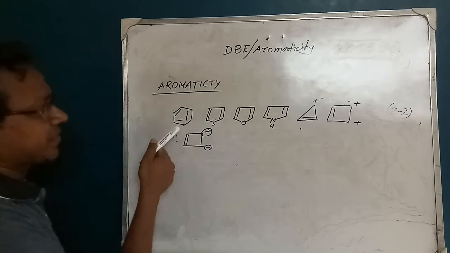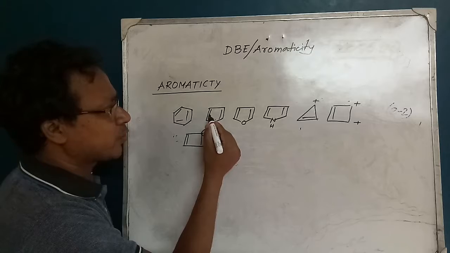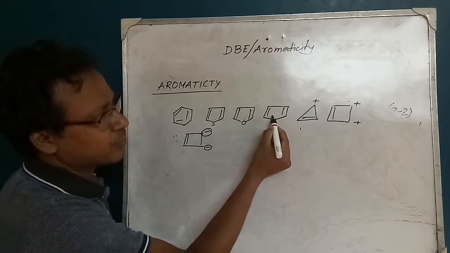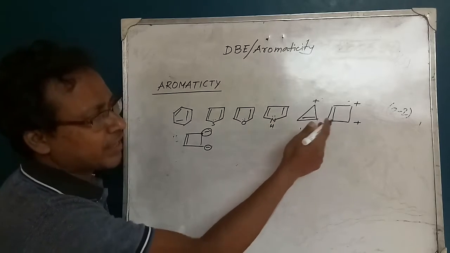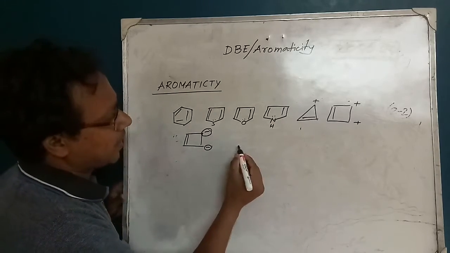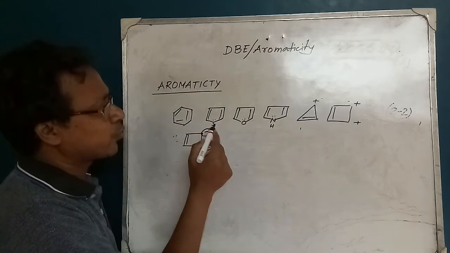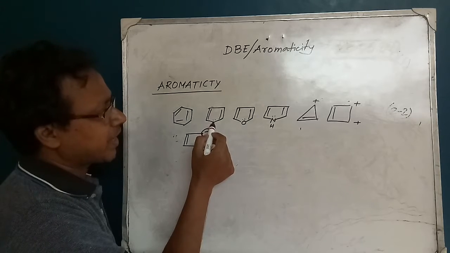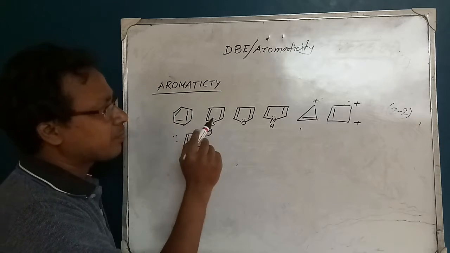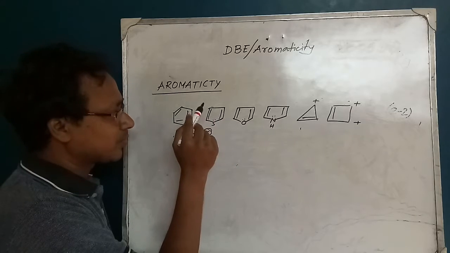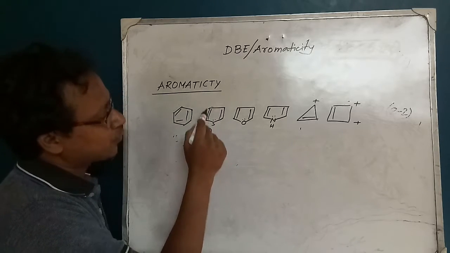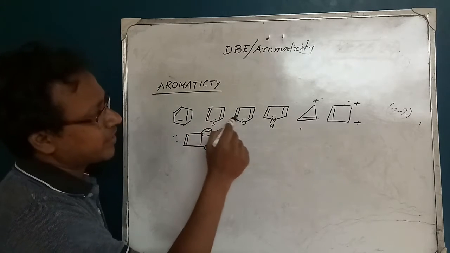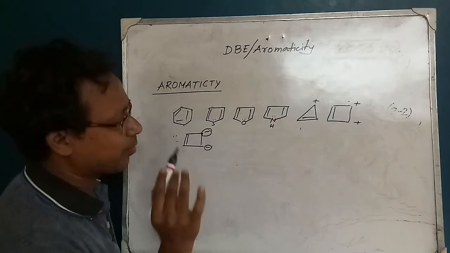Look, here is a 6 pi electron system. Here it is 2, 4, or 2, 6. Here it is also 6. Here it is also 6. Here it is 2. Here it is 2. Here it is 2. Now, all carbons here are sp2, and this sp3 sulfur atom can easily take part in overlapping with the pi cloud. So that's why it stays in the same plane as that orbital. That is aromatic, that is aromatic, all are aromatic.